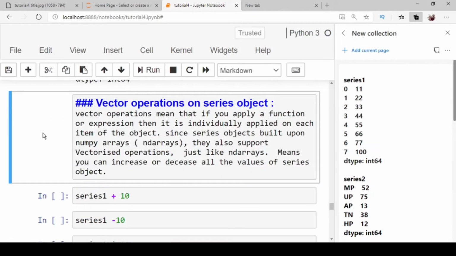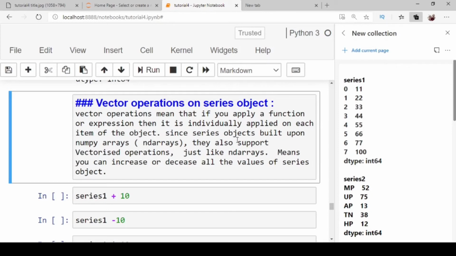Vector operations on series object. Vector operations mean that if you apply a function or an expression, then it is individually applied on each item of the object.